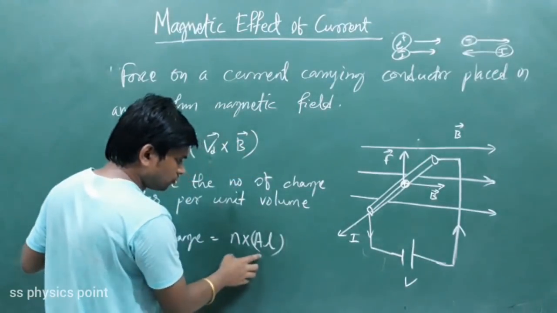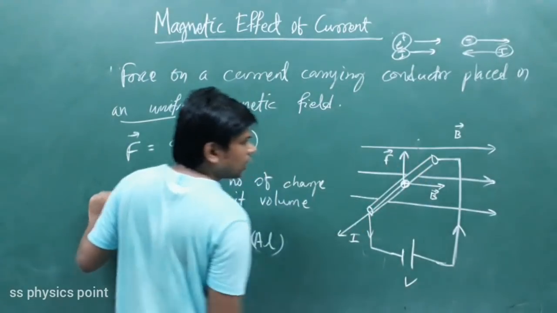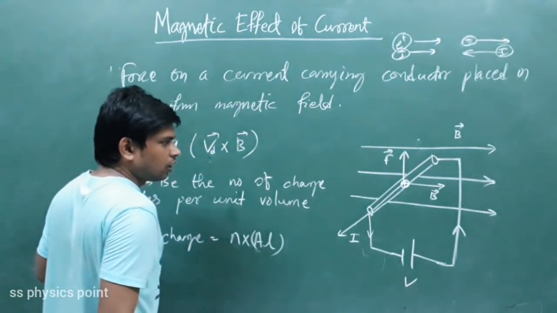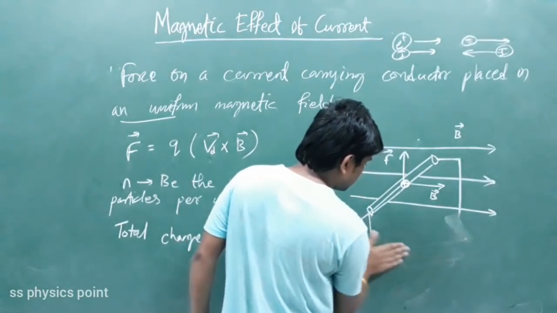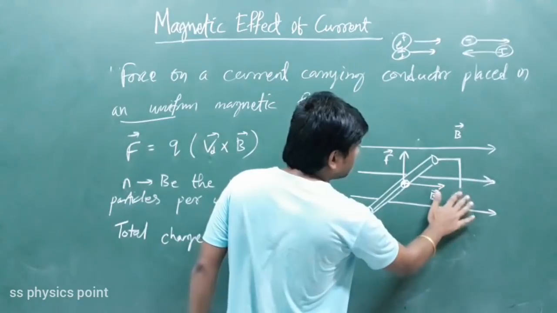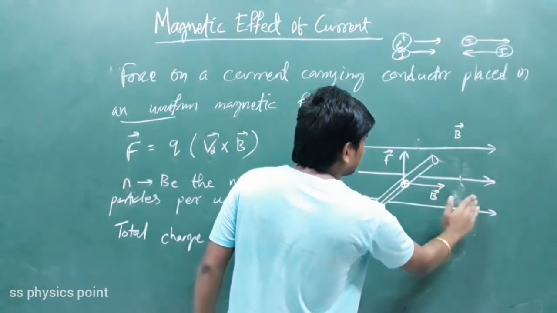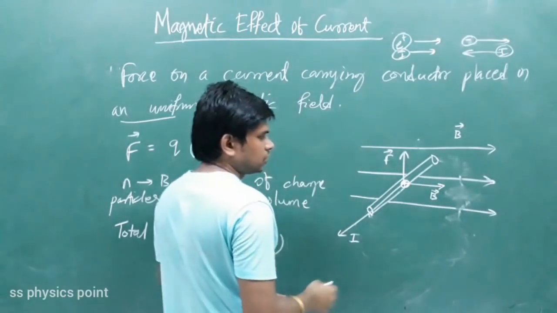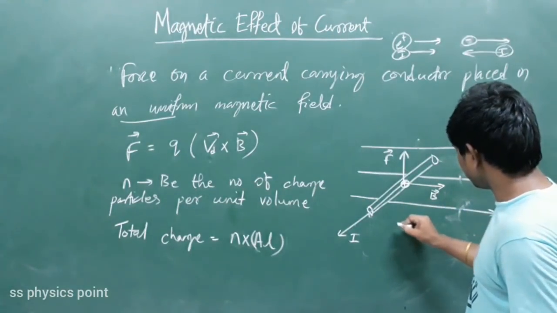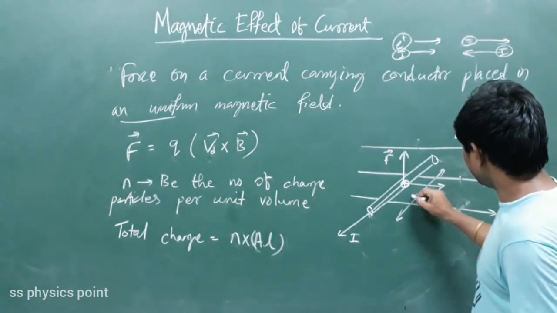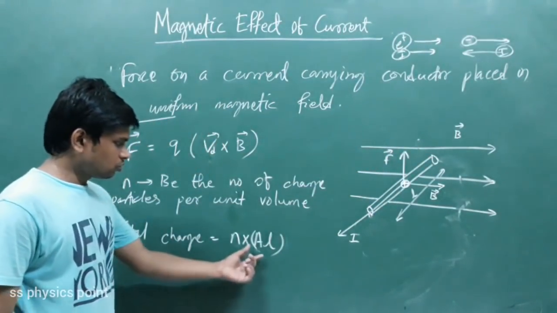Total volume: suppose A is the area of cross section of the conductor, and L is the length of the conductor. That's why I told you don't draw this one, so that you will not be confused. Simply draw the diagram that the current is flowing in this direction, and let us consider the length of this conductor is L, and A is the area of cross section. So total volume